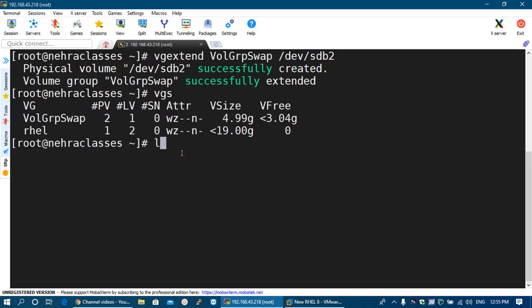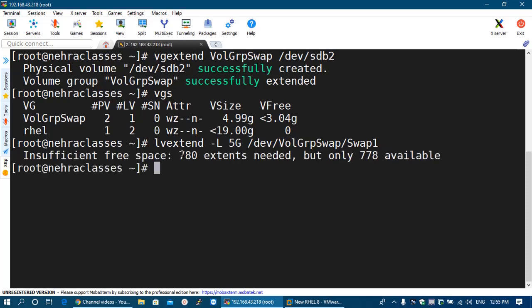Now what can we do? We can extend it. We can run the lvextend command for that. lvextend -L and the size to which we want to extend it, and we want to make it 5 GB, and after that we will specify /dev/volume_group and the logical volume name.